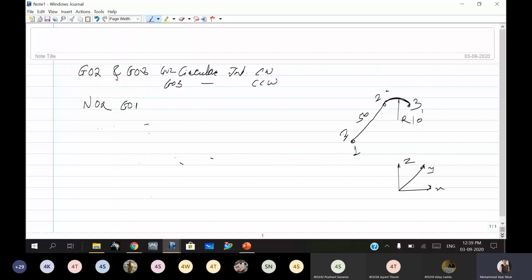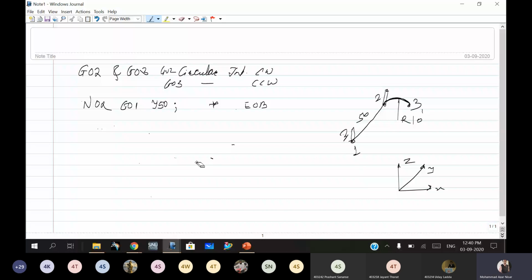So we will use Y50, from this number point one to number point two, when we use G01. Then for end of block, a semicolon is used, or a star, or EOB. It means that this block has been completed. In some programs they use a semicolon, then this star or EOB, end of block, is used. So it means that this block is completed.